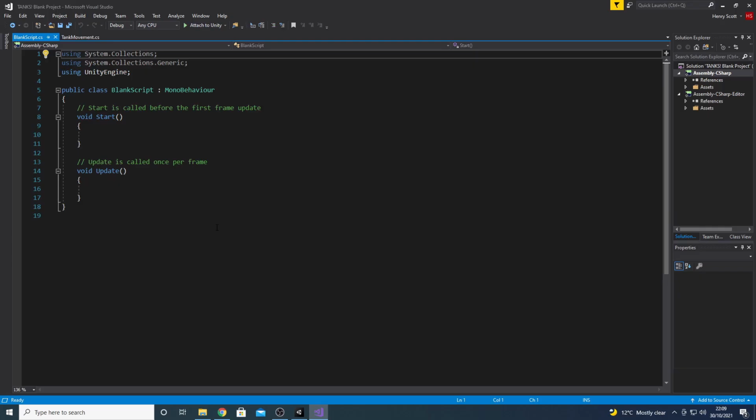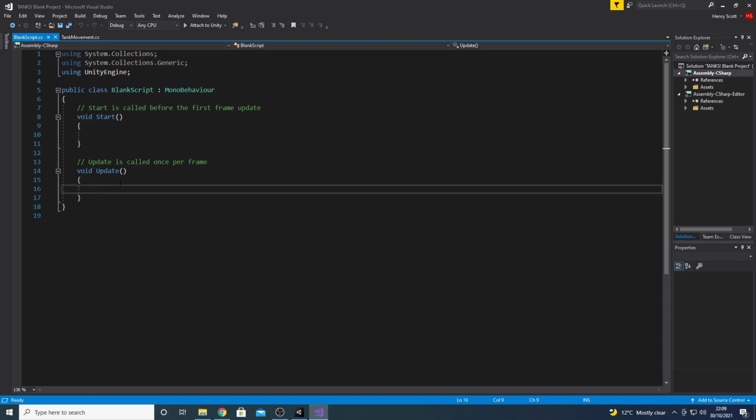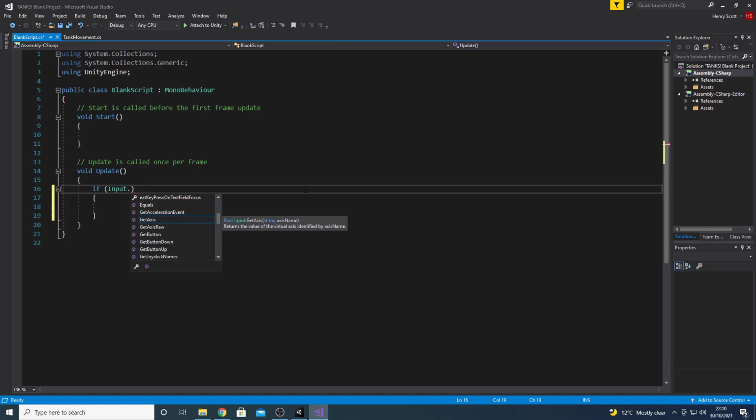To show you how to do this, I'm going to quickly demonstrate a new function that we can use from within the input class. Inside of the update function, I'm going to create an if statement. In that statement, I'm going to check to see if either the A or D keys are being pressed. So inside of the condition brackets, I'll use the input class, and then from it, I'll call a function called getAxis,